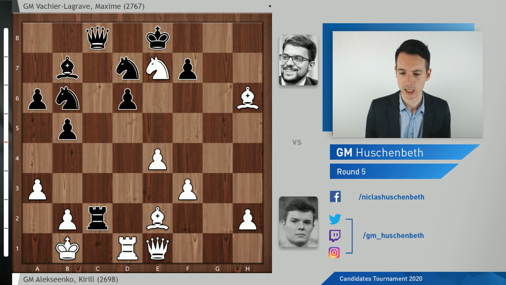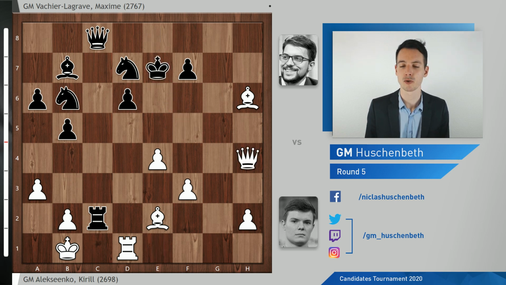Knight takes, king takes, and queen h4 check, and for the first time, black has to take an important decision. How is he going to deal with this check? Well, there are 2 options pretty much. f6, which MVL played, or knight f6. King e8 looks good at first,